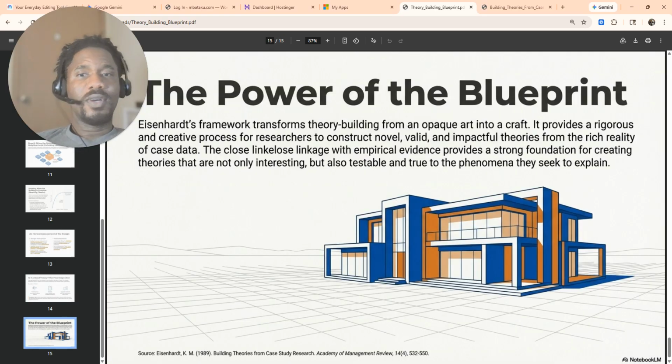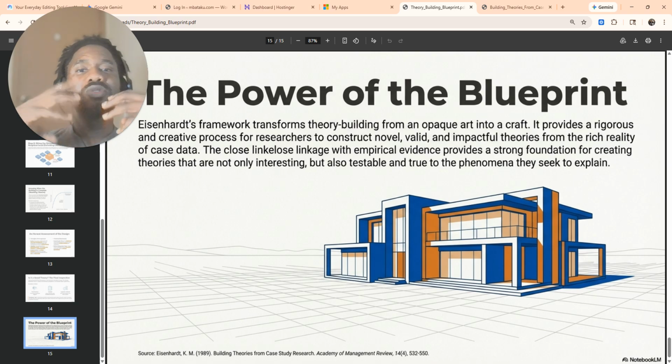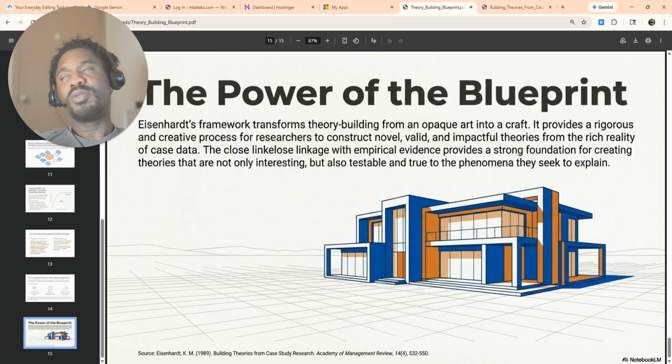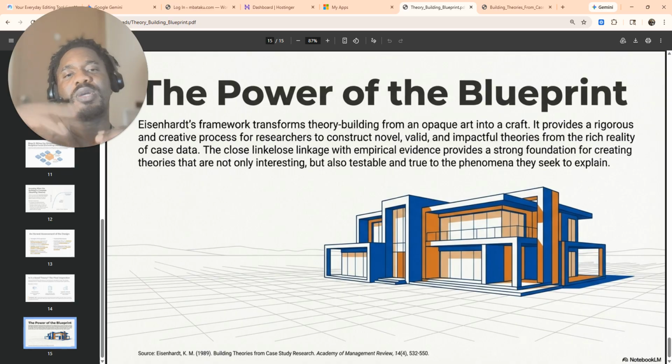So finally, to conclude, Eisenhardt's framework transforms theory building from a mysterious act into a rigorous craft. By following this blueprint, from the cornerstone of the research question to the final inspection of the literature, we can construct theories that are not only novel and creative but also grounded in empirical evidence. We move from a black box to a transparent, replicable, and valued